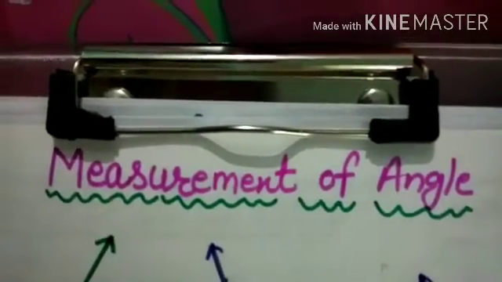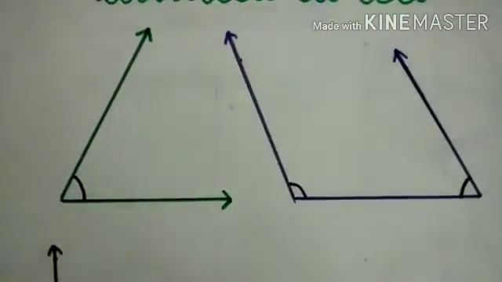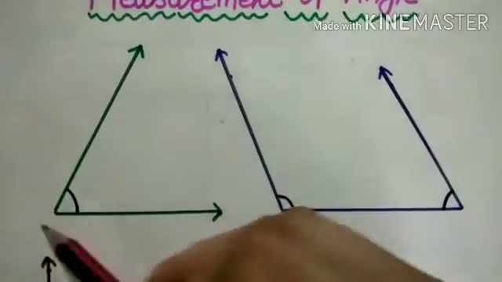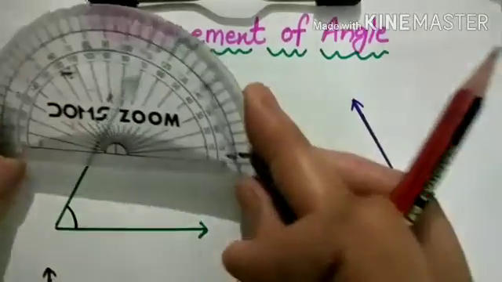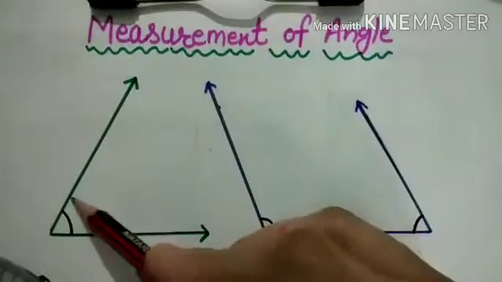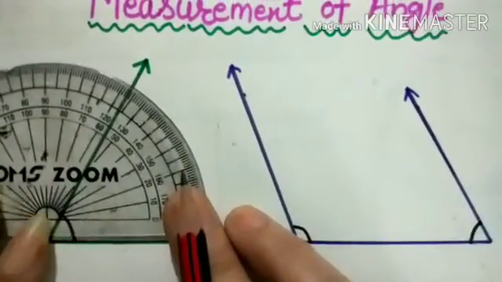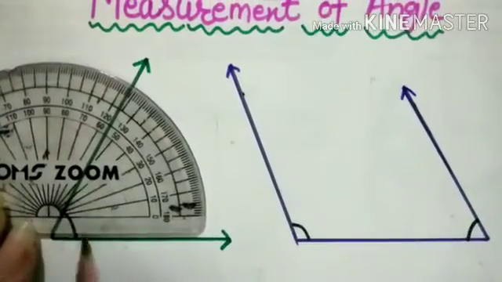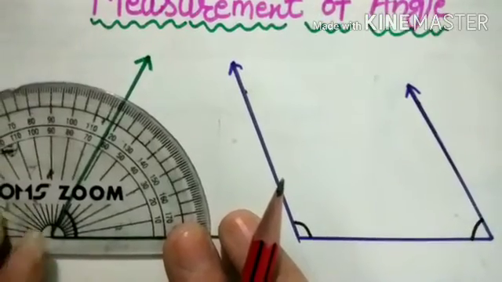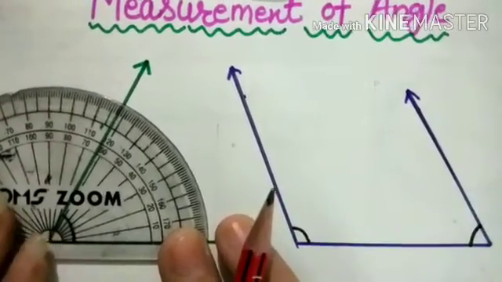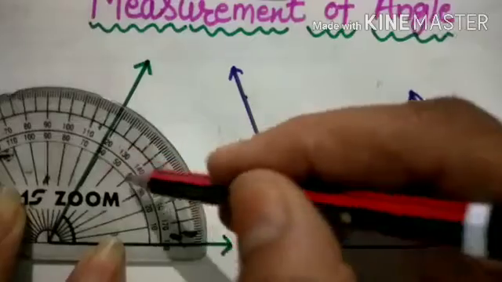Now, measurement of angles. We have some angles and we will measure these angles. Now this side angle is going. So what will we do? This is our protractor. We will put this protractor half of the portion, because we are observing this side of angles. We will put the half portion exactly. This is the line, and this line we put on the first ray exactly. Okay students, now we will measure the angle, and we will read the inner side numbers here.